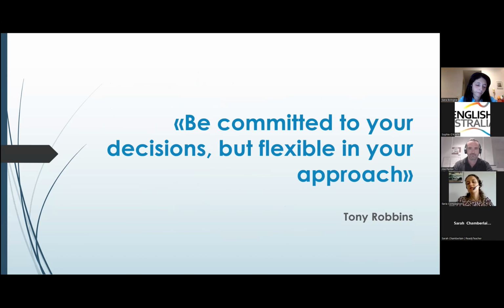Because as Tony Robbins said, if we as teachers decide to implement virtual reality in language educational contexts, we need to have our minds fixed on what the objectives are, but then be flexible in our approach to let students reach such objectives. And in the past 2 years, where we've been grappling with teaching online and also in person, this has become of paramount importance.